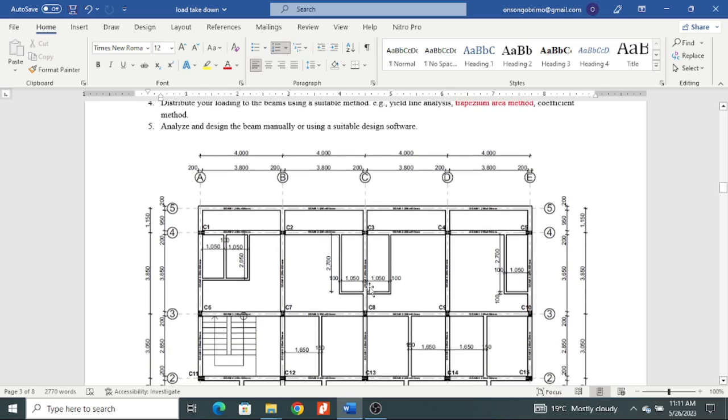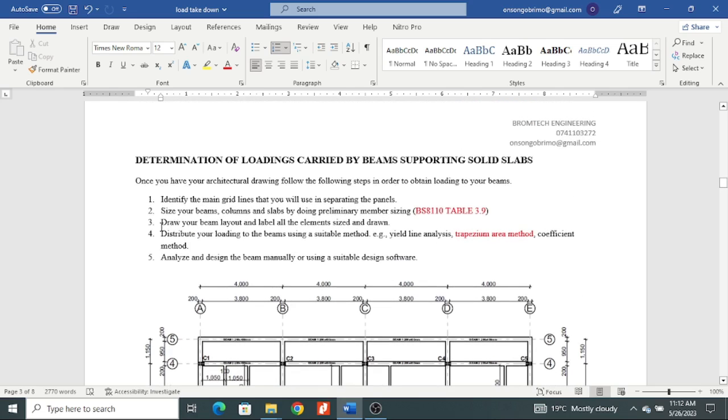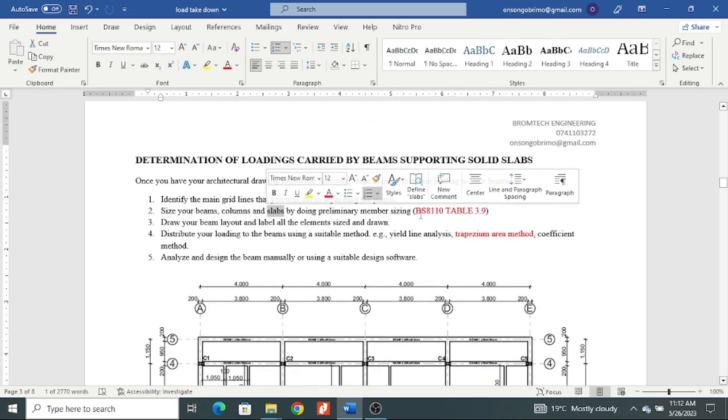And this is after doing preliminary design. That is when you have identified how wide your beam should be, what should be the size of your columns and all that. And actually this preliminary design does not mean it is going to end up as the actual design, because if the member will fail, I might increase the section, and therefore I'm going to increase it after I have designed it. So after doing the grid lines, size your beams, columns and slabs by doing preliminary member